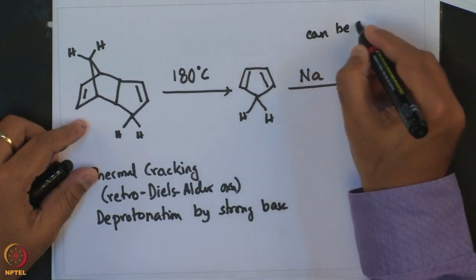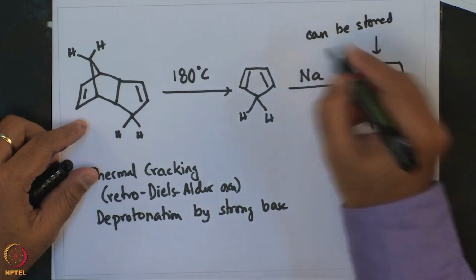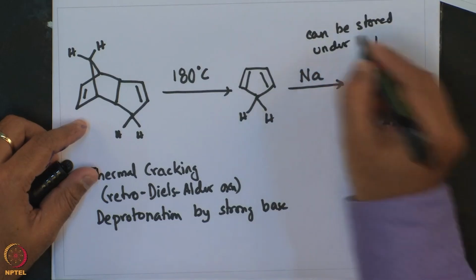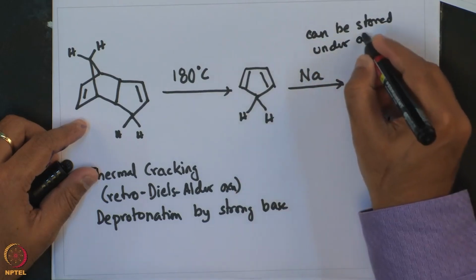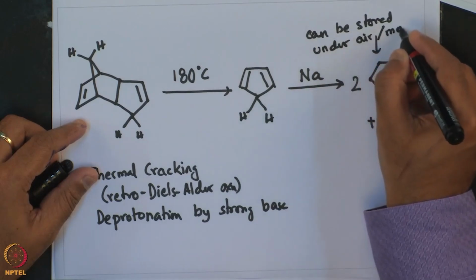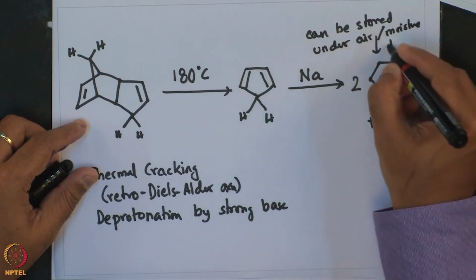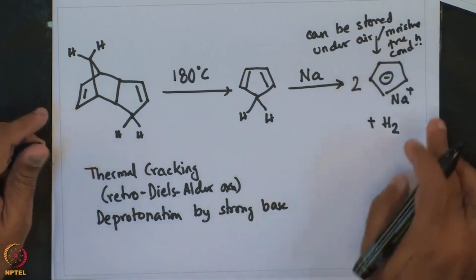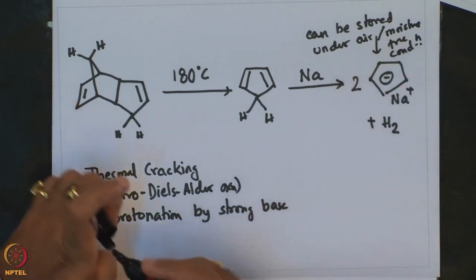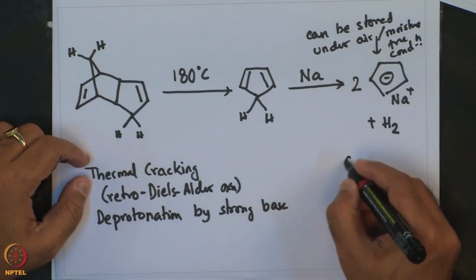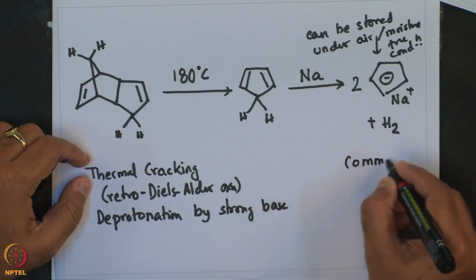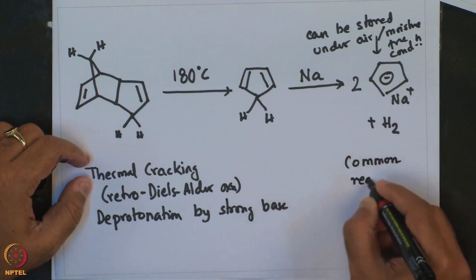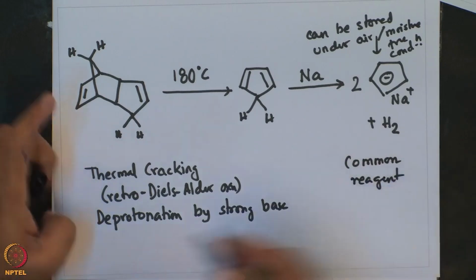It can be stored under air and moisture free conditions. So, sodium Cp is a very common reagent in organometallic chemistry. Here is a generic method